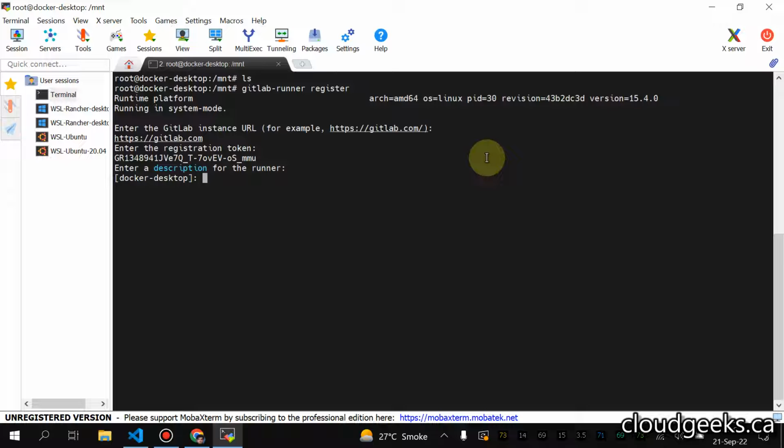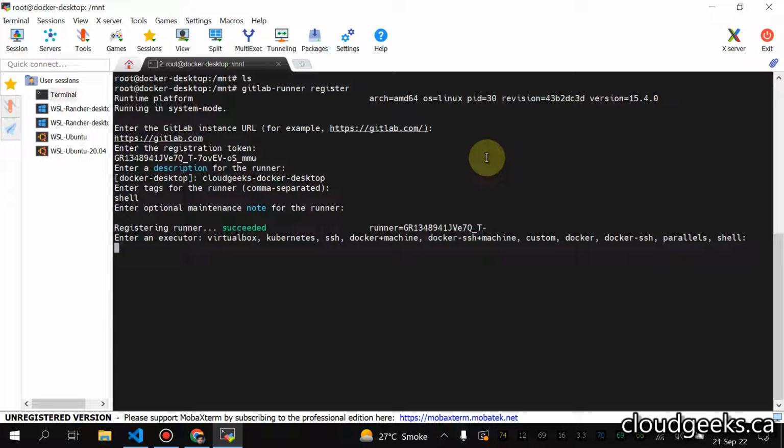So description of this runner, it is saying by default, say Docker desktop. Let me call this guy Cloud Geeks Docker desktop. So seems okay. Currently, I'm going to use, let's say, call the tags for this runner shell. So these tags are going to be available, and I'm going to press enter for this guy as well. So it is succeeded. So I'm going to use the shell executor rather than the Docker, although it is running